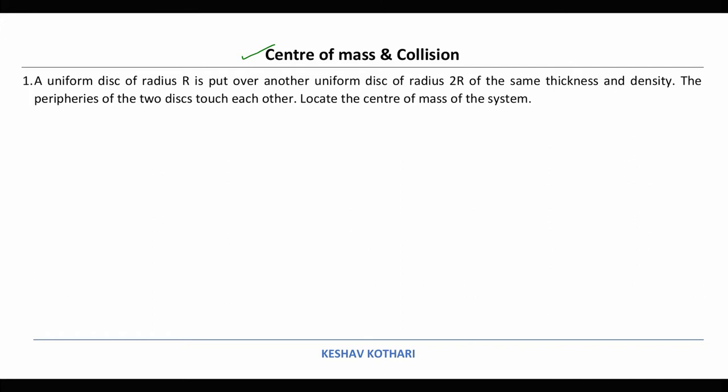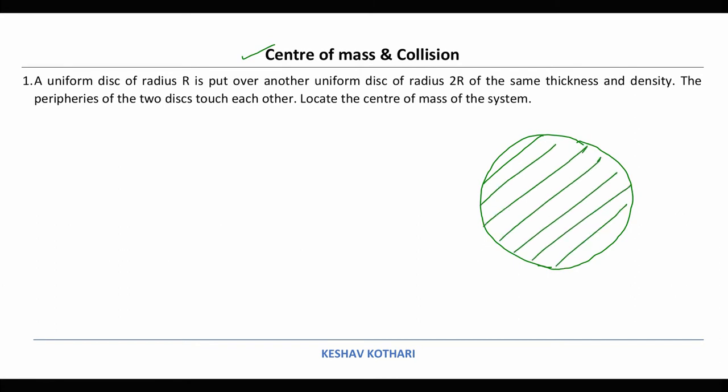So if we consider this problem, we are first of all drawing the system like this, that this is one large uniform disk of radius 2r, which is somewhat like this. Now the center of a uniform disk is at the center of the disk, that is the geometrical center of the disk. And the problem is saying that another disk of radius r is placed on top in a way like this. So we can say that this is the geometric center of the bigger disk, and this distance is equal to 2r.